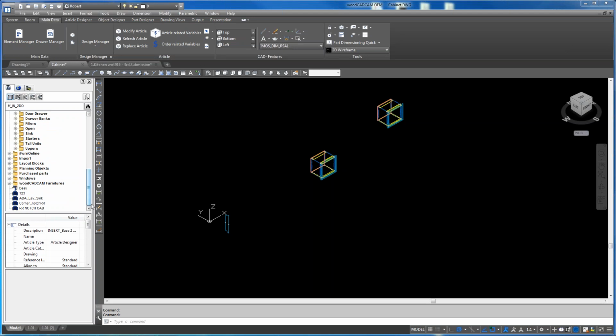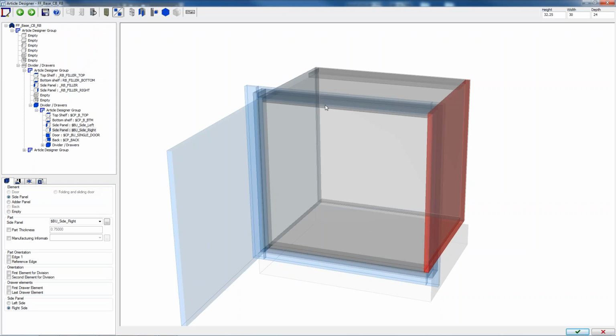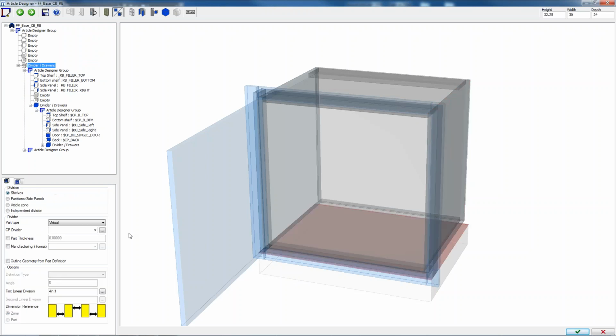Do you have a product that's a toe kick built? No. Not set up yet. Alright, so